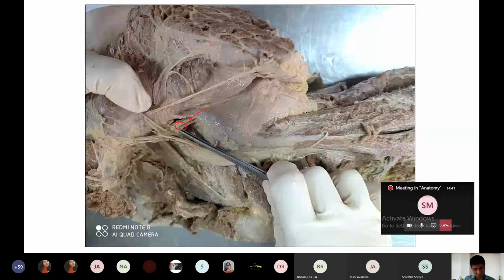The peculiarity of this structure is, see, it is coming out from the greater sciatic foramen, and then it lies dorsal to the ischial spine and the sacrospinous ligament, and enters into the lesser sciatic foramen. Some of the structures, especially the pudendal nerve and internal pudendal vessels, enter into the lesser sciatic foramen, whereas this nerve to the obturator internus supplies the obturator internus, lying very close to the lesser sciatic foramen. So this is a very important structure for the exam.